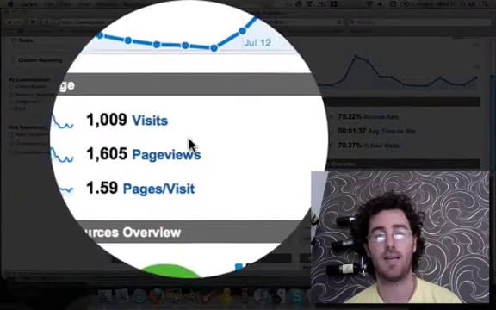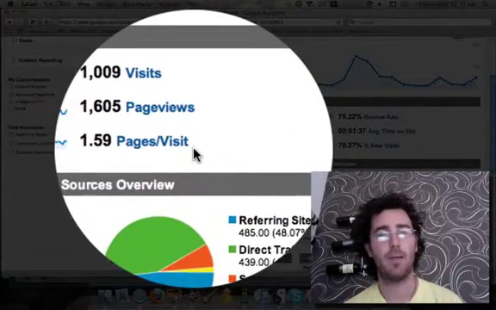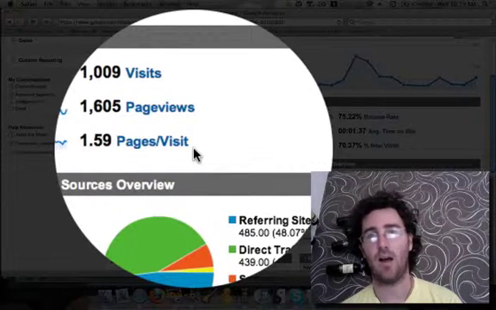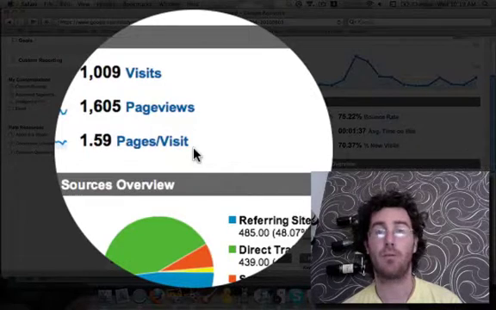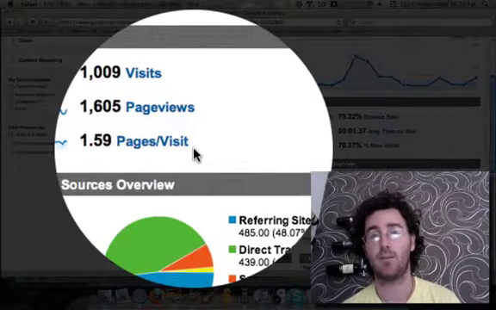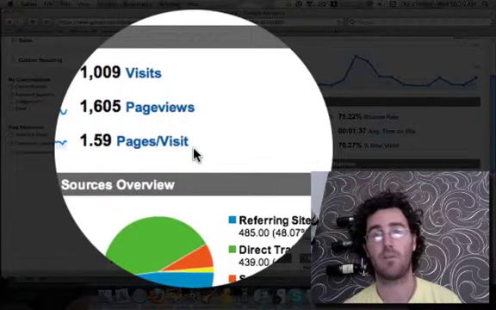I check out how many visits I've had in the last 30 days, how many page views. Pages per visit, 1.59. Ideally, I'd like that to be higher. I'd like that to be around 3 pages per visit. You get people that come in and go away instantly. They've come in from Google, they're looking for something. But for quite a young site, we're not getting a lot of Google traffic. And so,